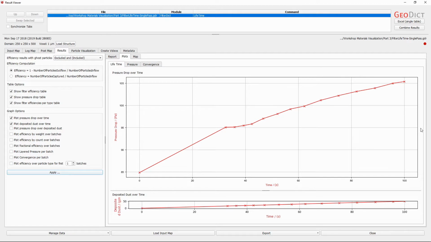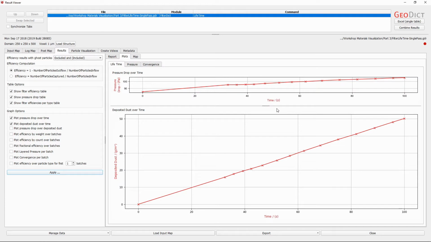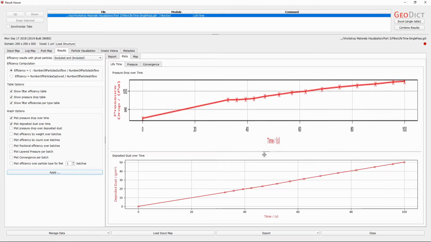This is also what signifies the lifetime of a filter, because usually it becomes unusable once a certain pressure drop is reached. In the other plot we can see the deposited particles over time, which is the amount of particles that is clogging the filter as the simulation progresses.